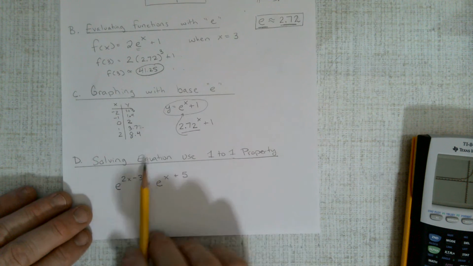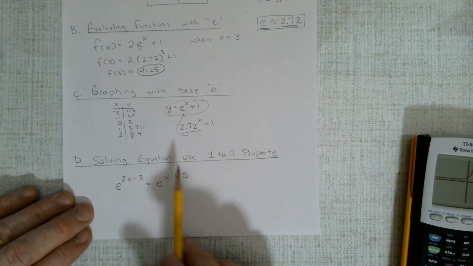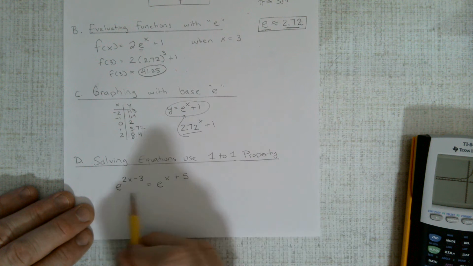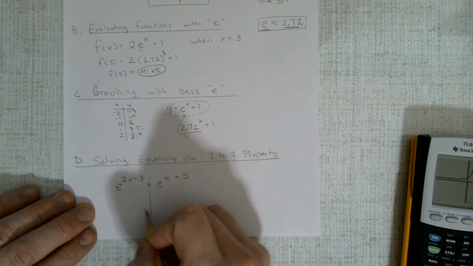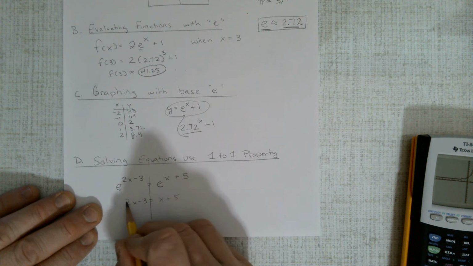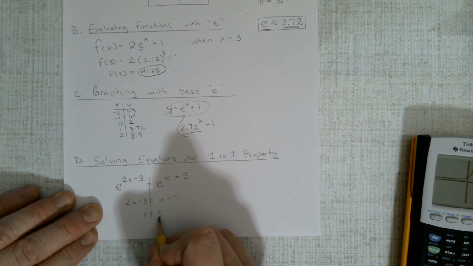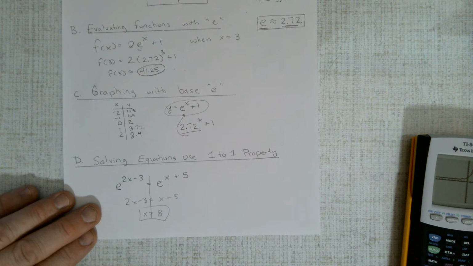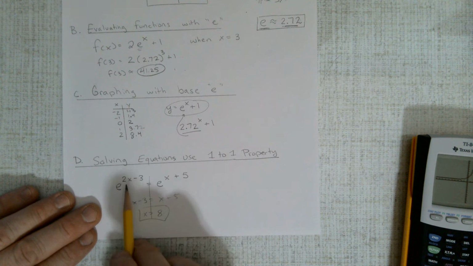All right, you can also solve equations. Solving equations using the one-to-one property. Bases are the same. Drop down the exponents, and you have x plus 5. Subtract this over, and we have x. Add this over, we have 8. And it is 8 right there. You will run into some problems where you have